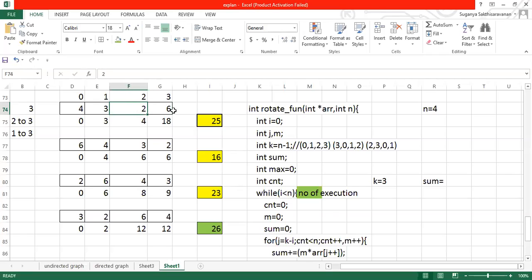So 0, 1, 2, 3. So you can just iterate from 2 to 3 again, you can start with 2, 3, again you can go here. So whatever it is multiplied with the m value. The m value is initially 0 and this will be incremented for each and every step. Somehow whatever the requirement is, it is achieved, right?